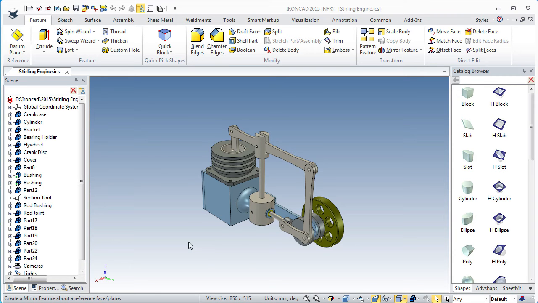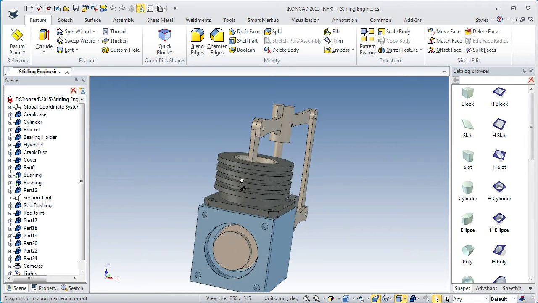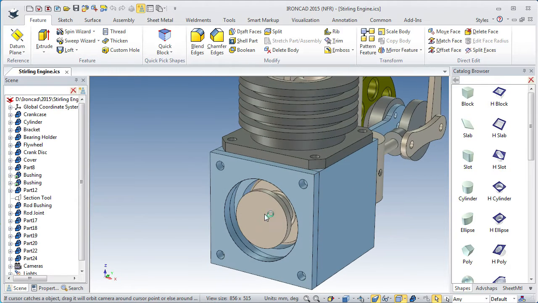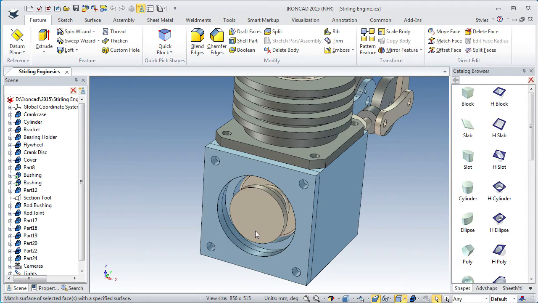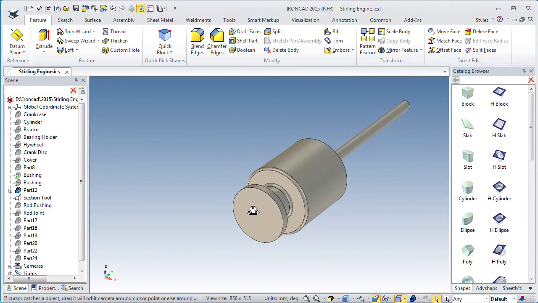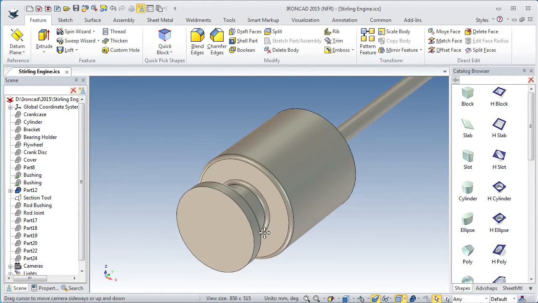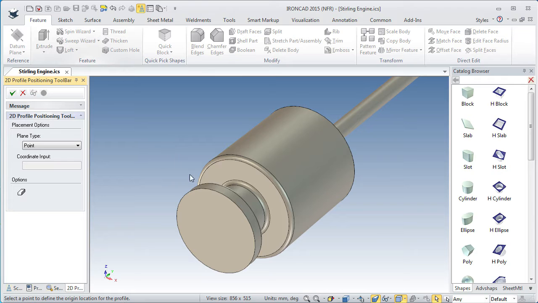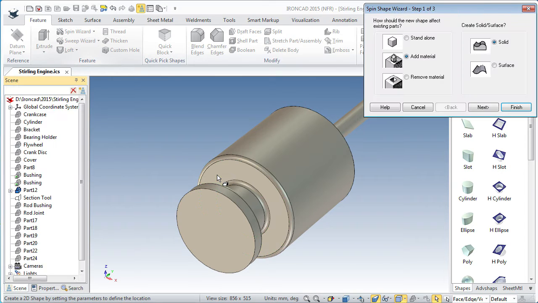We will continue to create some additional parts to this engine, and in this video we will create a glass piston and also a displacer. So I will select this piston and right click to select hide unselected, because we need this one. Then we will use a spin wizard to create a glass piston, and we will select that face, and we